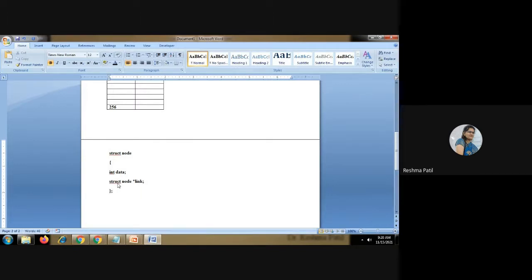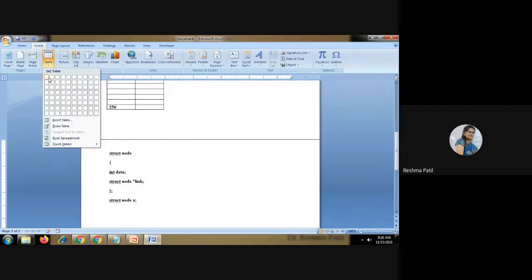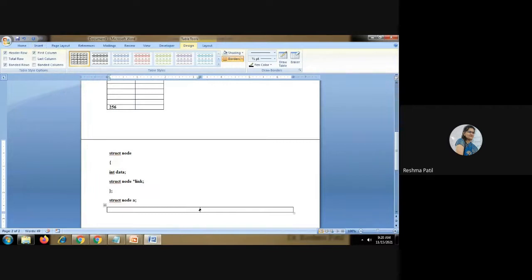Whenever in void main I create a variable of this, for example a, it will be assigned some address. Whenever you create a variable like this, the node will have these two parts, because this structure contains two variables: one is data and the second one is link.